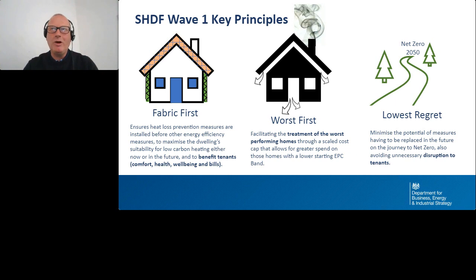So although recognising that the majority of stock is at the EPC D level, probably around 1.4 million of those 1.6 million homes, there are still the harder to treat, harder to reach homes that we do need to address. But as part of that longer term view that we're taking with the Decarbonisation Fund, also taking that lowest regrets approach to the future. So this is still a whole house approach. It may not be do it all in one go, but it is still part of determining what a home needs in order to